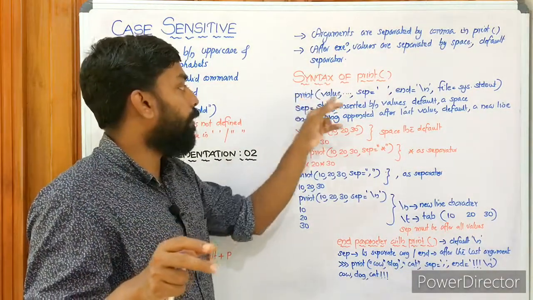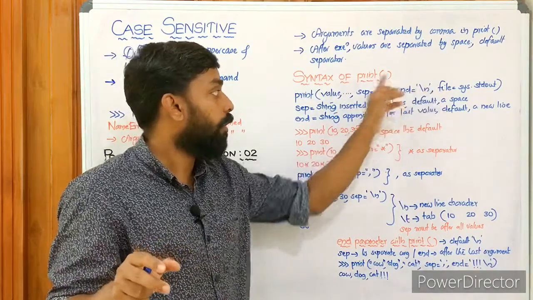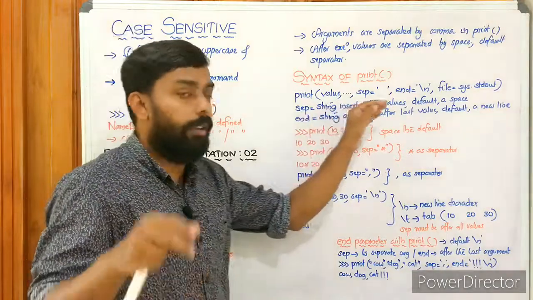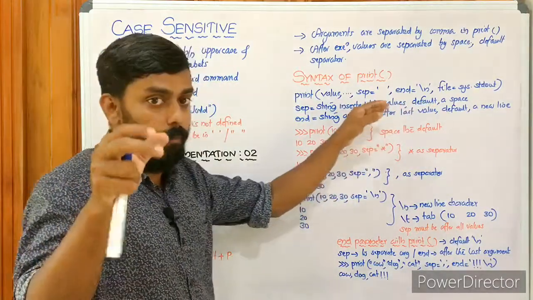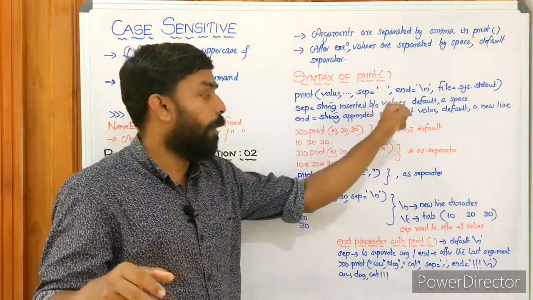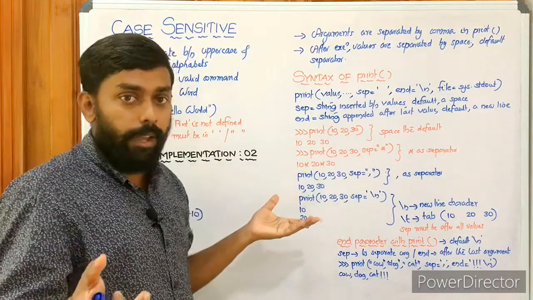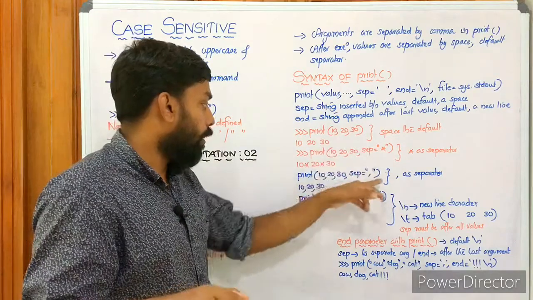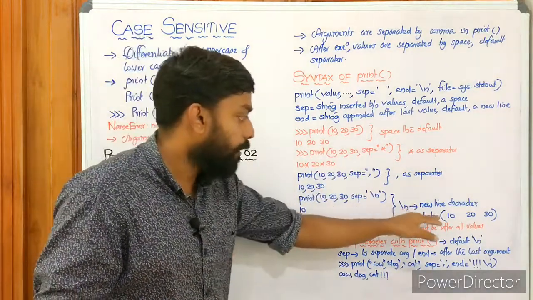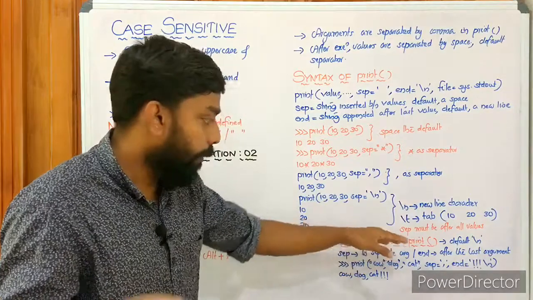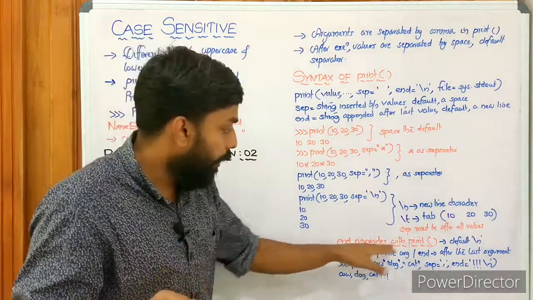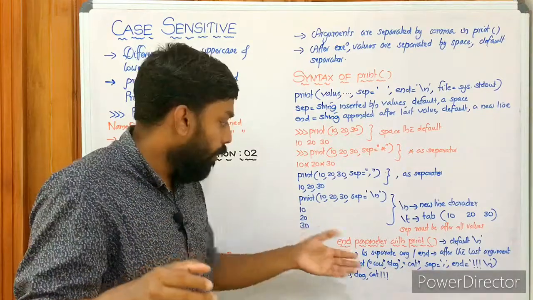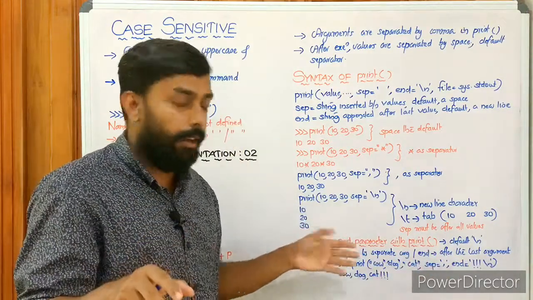Then the syntax of print: value, comma, sep equal to space, end equal to slash n, file equal to sys.stdout, standard out. Sep is the string inserted between values, by default space. End is the string added after the last value, a new line character by default. Then we have seen some examples: space by default, star, then comma, then slash n. Slash t means tab space. Then the separator must be added after the last value. Then the end parameter with the print function is slash n by default, and we have added three exclamation marks here along with sep.